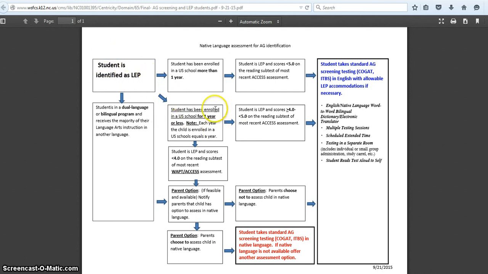Now these are the students that may or may not want to take the CogAT in Spanish or have another language assessment option. So the student has been enrolled in a U.S. school for 1 year or less, which means this is their first year in a U.S. public school. Now if the child scored above or equal to 4.0 on the WAPT or the most recent Access assessment, these would be students that may come from another state. However, the majority of these kids, you're going to be looking at their WAPT scores. Those kids would not be eligible for taking the CogAT in another language,